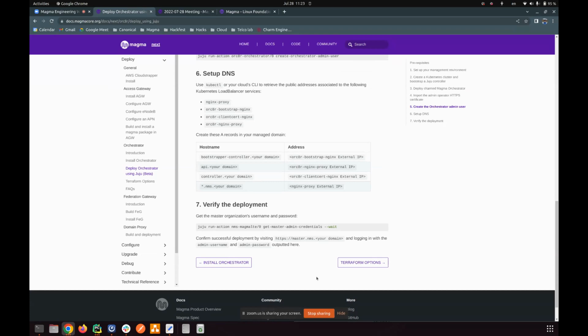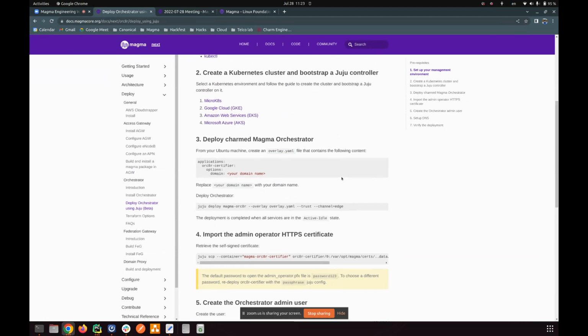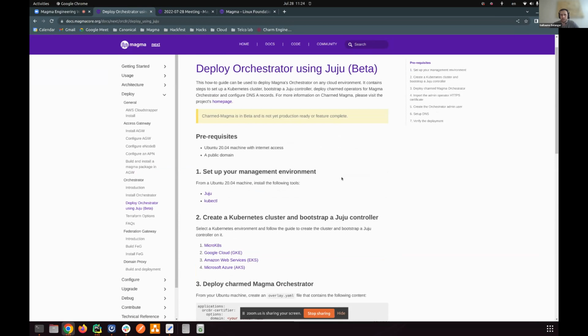That's it. I have some questions. You said we can deploy access gateway using Juju. Is that the Debian based or the Docker based? Today you cannot do it, so it's still in progress. Okay. And it's going to be the Debian based because